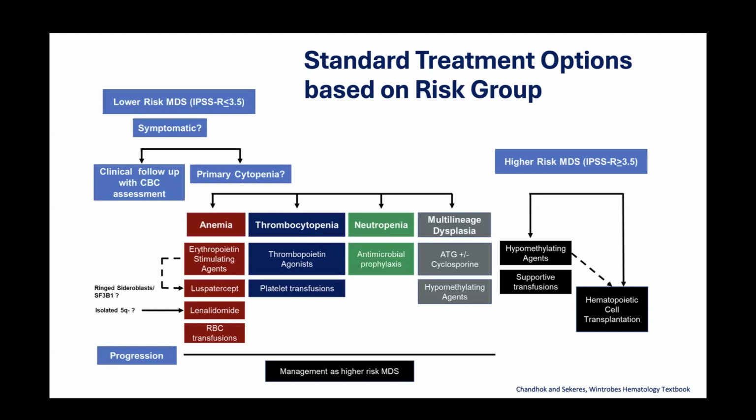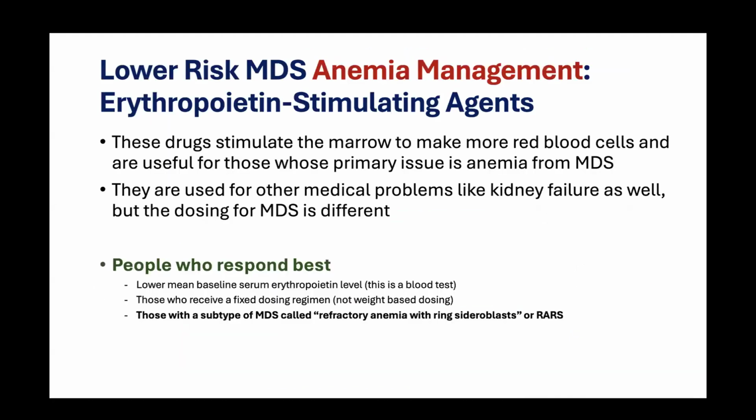So this is just the entire algorithm altogether, just for conciseness, so you have it. We just talked about all of those. And then, the most common abnormality that people with lower risk MDS have is anemia. And as you saw in that algorithm, there were a couple of different drugs we can use, right? One was erythropoietin stimulating agents, or also called ESAs. You may have heard of darbepoetin and things like that, erythropoietin. All of those are drugs that are used to push your marrow to make more blood.